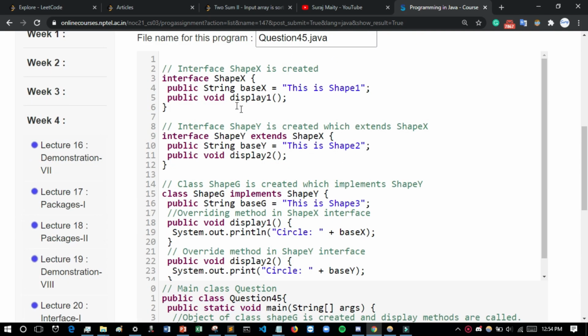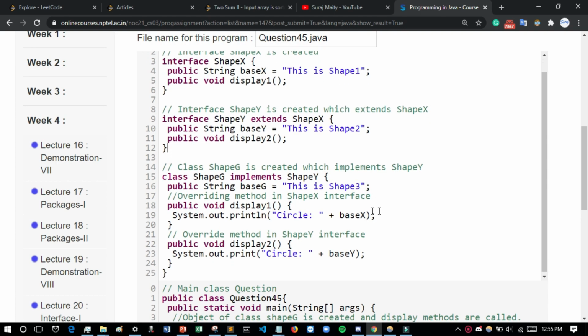And I have created this Shape X, and after Shape X, the string is 'this is shape 1', and then we have displayed it. We call this display function. Then in the same way we have created this Shape Y. Then after that we have created Shape G, which will implement Shape Y. And after that we have overridden the method in the Shape X interface.